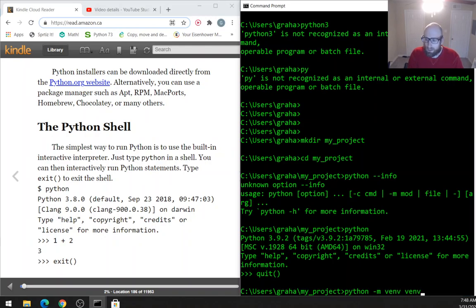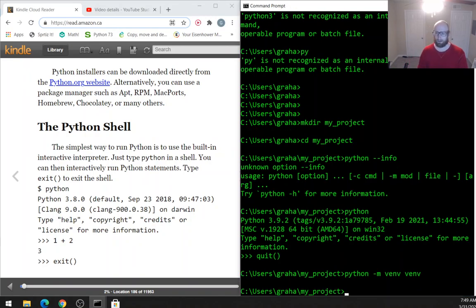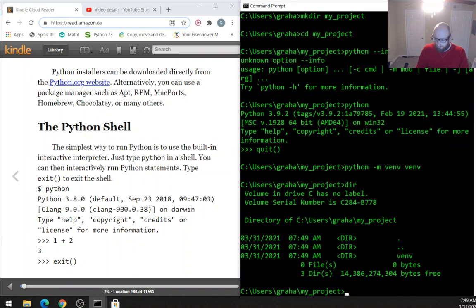Typically your name does not need to be special, and if you just stick with the name venv, anyone who comes to your project knows that, okay, this is a virtual environment. So I wouldn't get fancy with that. I just call it venv because then it's clear that it is a venv and you don't need any special information. So it takes a little bit of time to create,